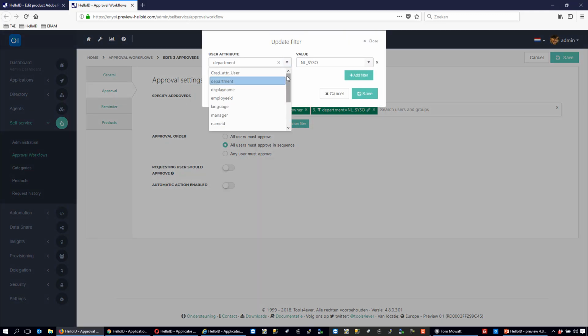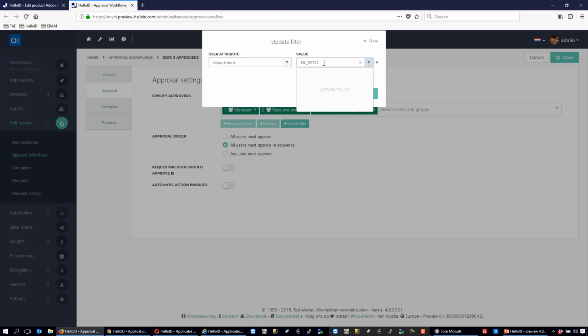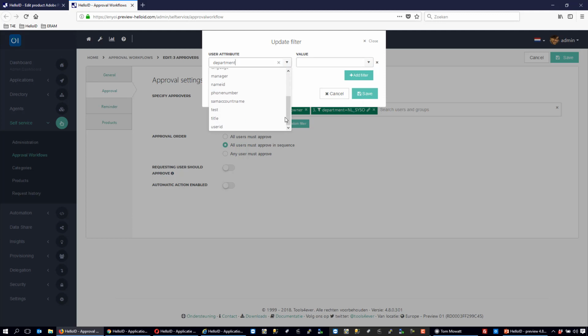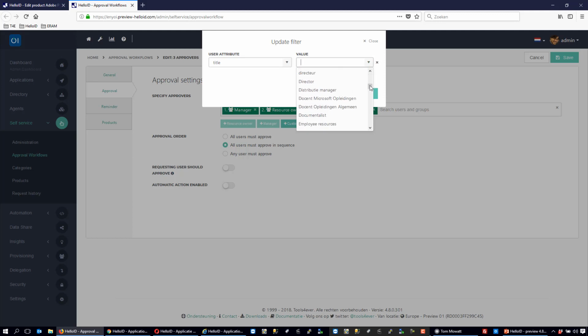And this is a combo select on all the information that is available in the IDP. And of course that information can come from Active Directory or all sorts of other sources. So let me use the department, and here I can see all the possible values for the department. Better to use, for example, title. I think that. So these are all the possible titles in my system. So let me say I want to use the sysadmin,